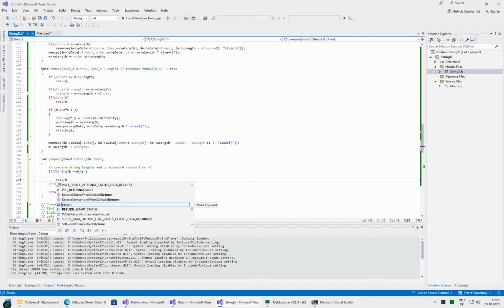You need to check the length. So what you need to compare is other.mError.uLength